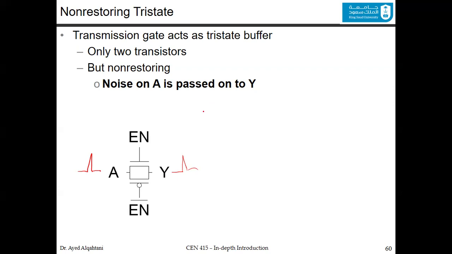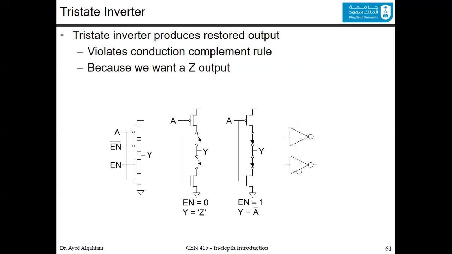Now we have another design, which is the tri-state inverter. In the tri-state inverter, we have the inverter that we know. You can see the input here. This is the PMOS, and this is the NMOS. But we add to that 2 more transistors. One of them is a PMOS that we connected to the enable bar, and the other is an NMOS that we connected to the enable. And this way,